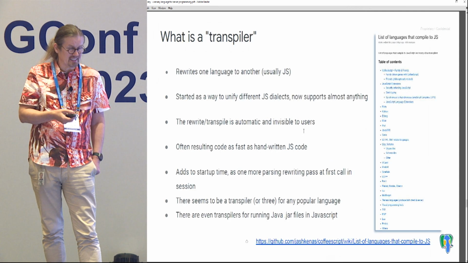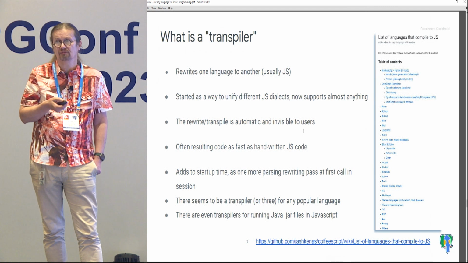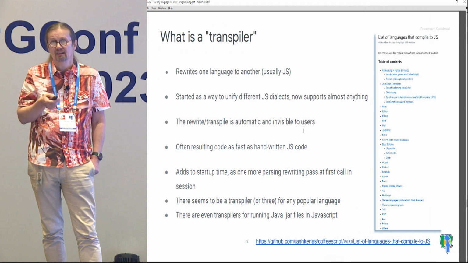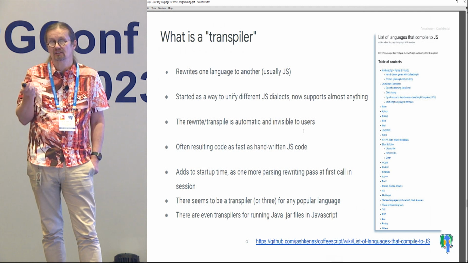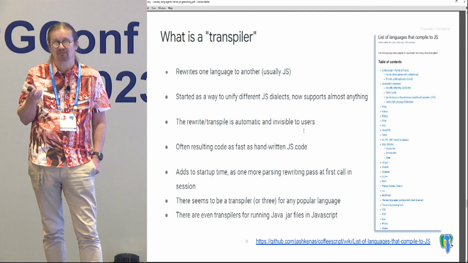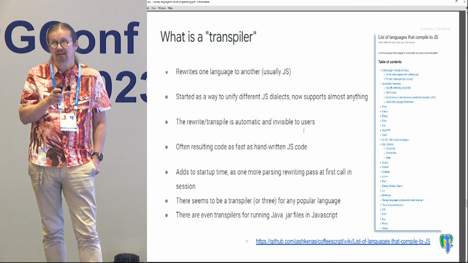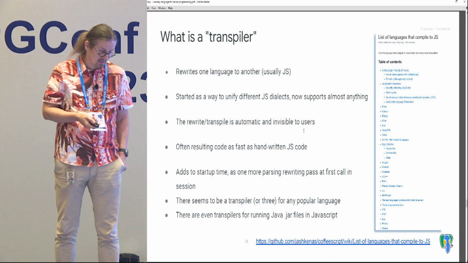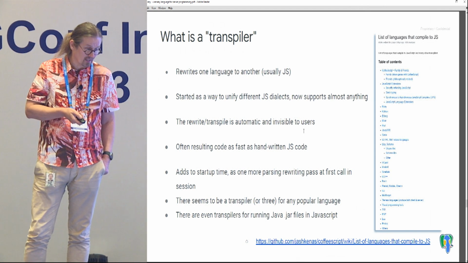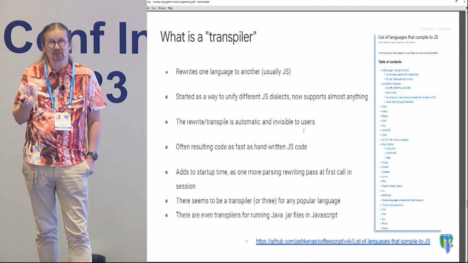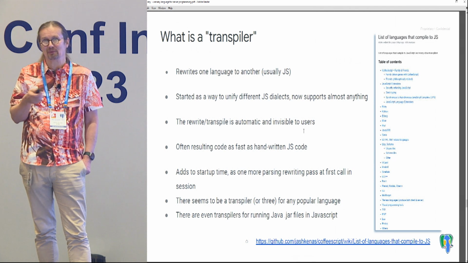CoffeeScript and LiveScript both seem to be things that are not much used. CoffeeScript at some point was quite popular because it had nice features that were not in JavaScript. At some point, even classes were not in JavaScript, and were added later. There was a different way of doing object-oriented things. But CoffeeScript had classes, it had sequence unpacking and packing, and other things that were borrowed from Python and were quite nice to use. So transpilers started out as things to just make different browsers' JavaScripts compatible with each other,